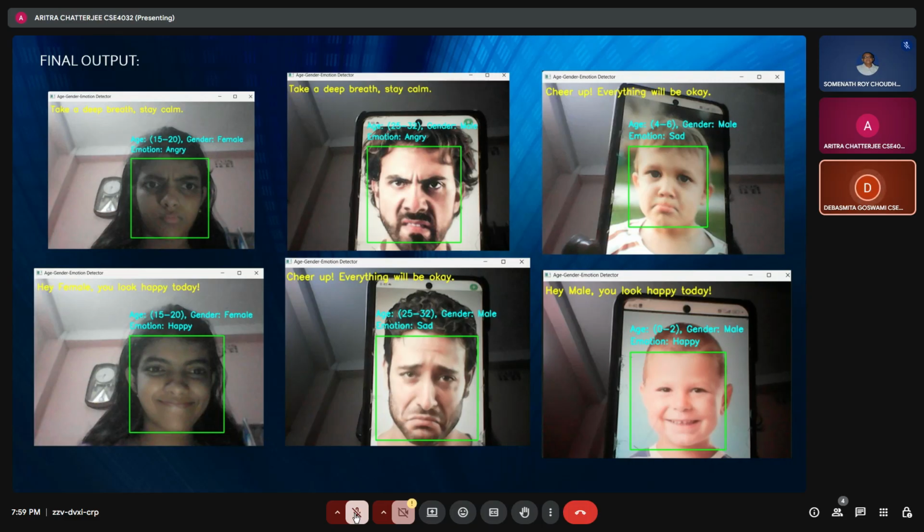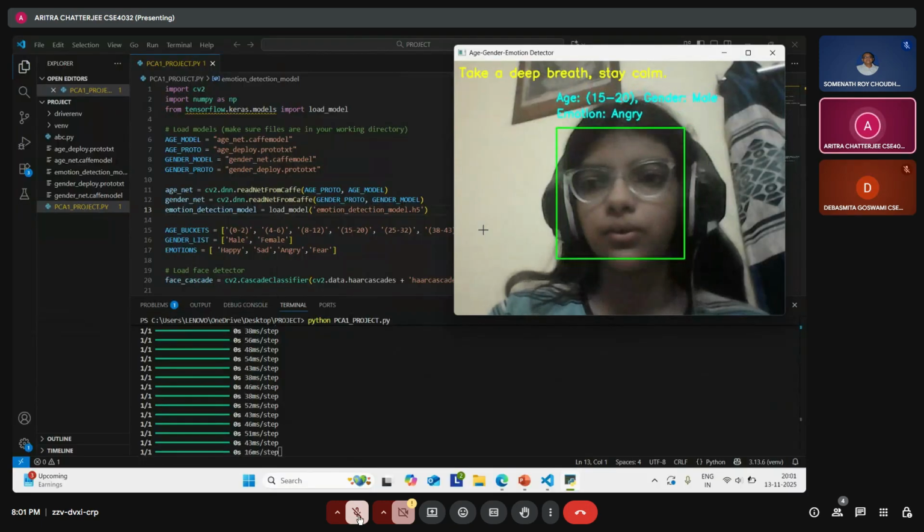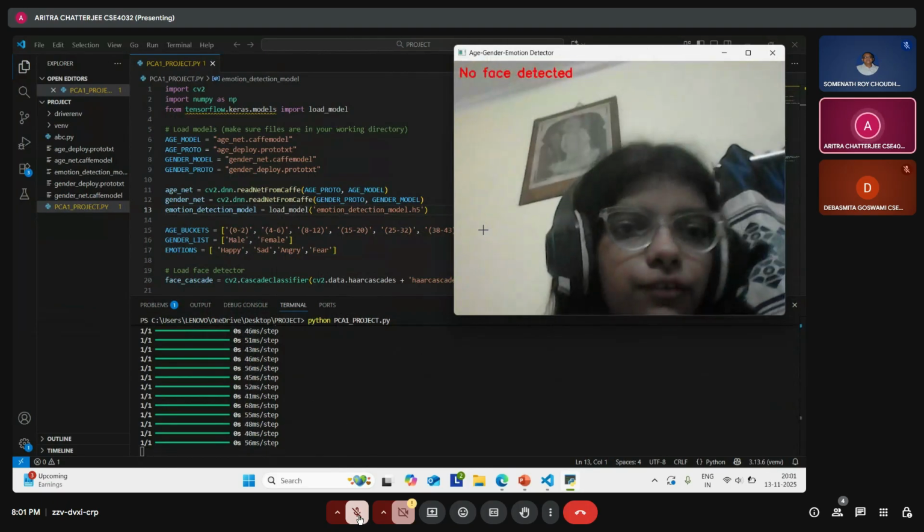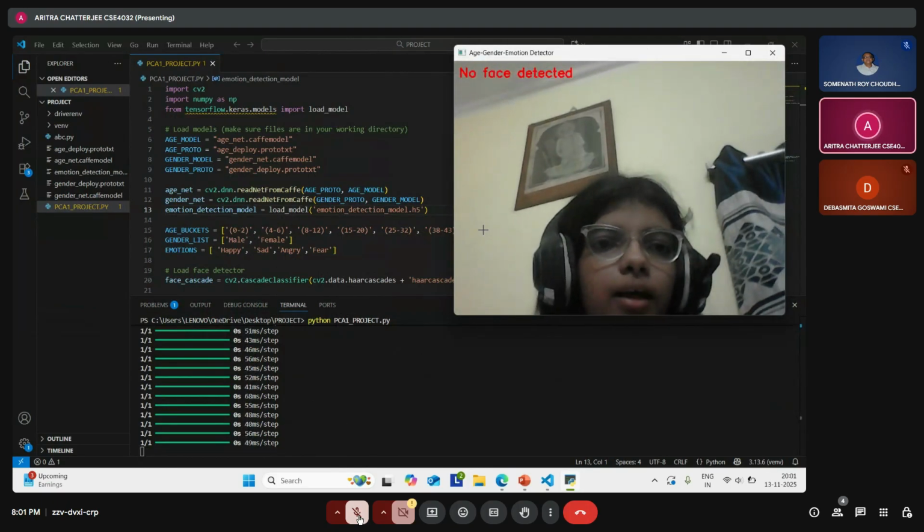It has wide-ranging applications in fields such as security, healthcare, marketing, education, and human-computer interaction. By combining real-time computer vision and deep learning, our project provides an interactive system that enhances human-computer communication. It also helps learners to understand the practical use of technologies like convolutional neural networks and real-time image processing in Python. So sir, this is our code, and we have included NumPy, OpenCV